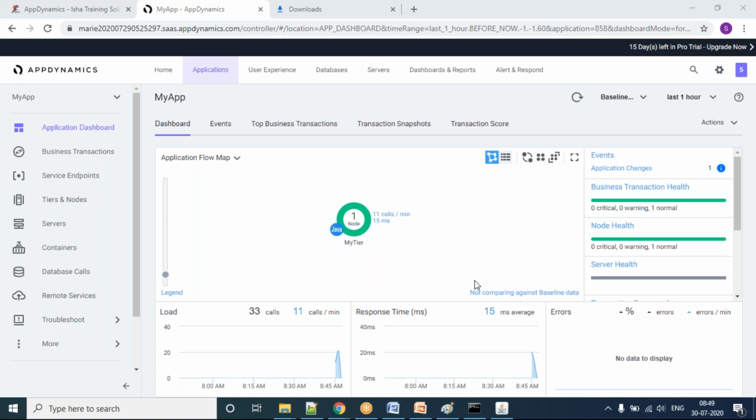Now I showed you Java configuration, and then user experience configuration and machine agent configuration will be there. Okay, thanks. All these will be covered in the lectures also. Yeah, it is there.